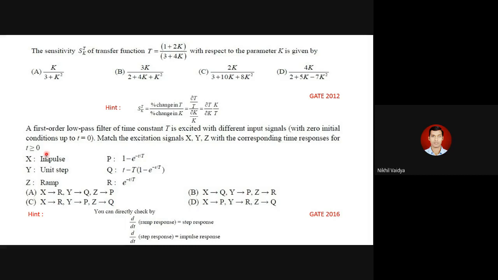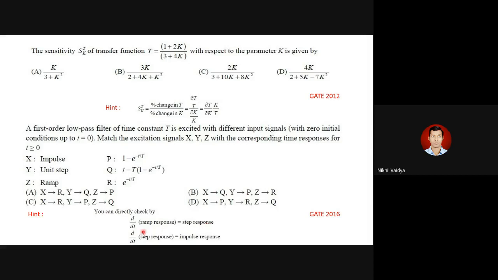Now, what they are telling us, these are the three inputs that you are going to give to the system. X is equal to impulse, Y is equal to unit step, and Z is equal to ramp. Now, we have to match the corresponding time responses of the system. The hint is given here: you can directly check that d by dt of ramp response is equal to step